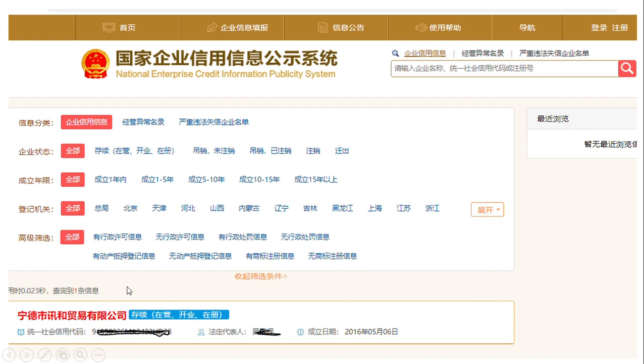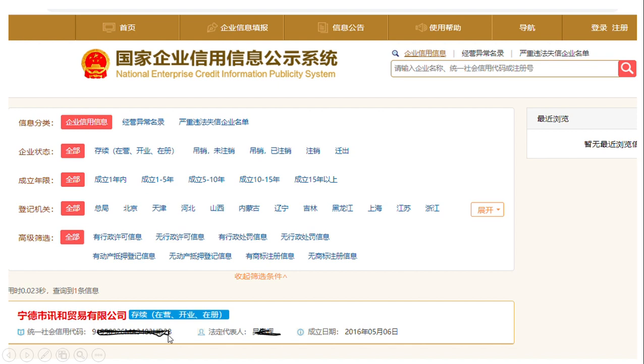The document which we are verifying is here. So like it says, the result is one news, one detail. So this is the name of the company which we were looking for. It exists on the government website. The website says that the business exists and it is registered. Here we see the social security code of the business.